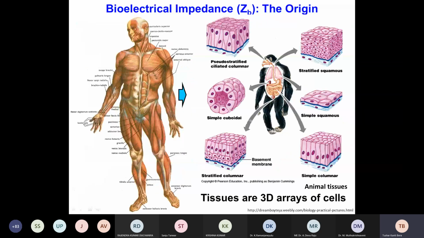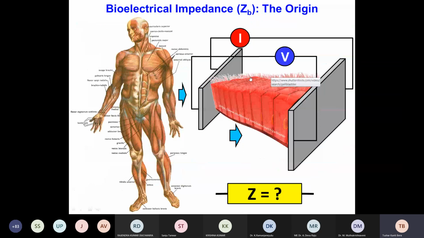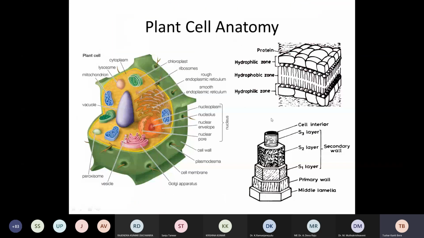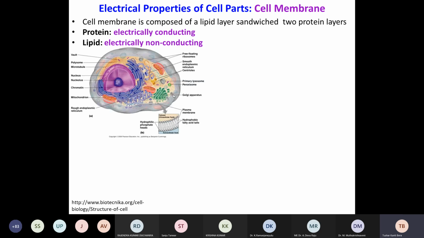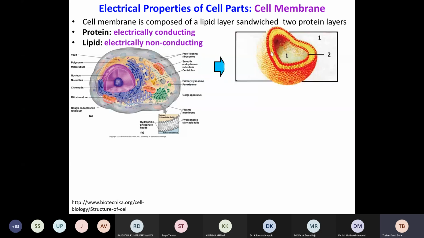And if we take one tissue material and put two electrodes across it, then as we have studied the impedance measurement techniques, we can apply the same technique and get the impedance for this tissue. But how is the impedance of the tissue formed? Definitely there should be some material producing either an inductive property or a capacitive property. What is there actually? If we take an isolated cell surrounded by the cell fluid or body fluid,